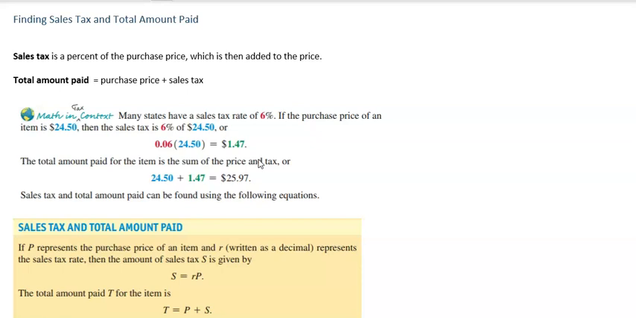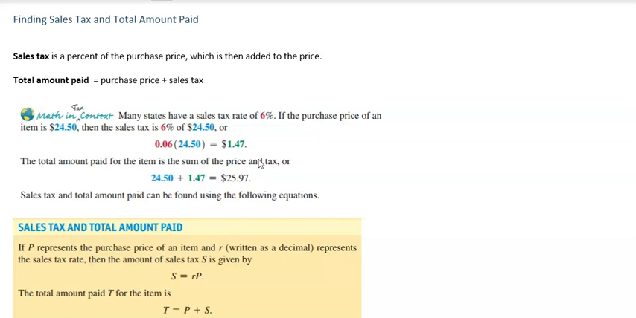And just to put this in context, many states have a sales tax rate of 6%. Vermont does too. If the purchase price of an item is $24.50 and the sales tax is 6% of $24.50, so we take 6% times $24.50 to get the sales tax of $1.47. Then to find the total purchase price, you take the sales price plus the tax, and that's what gives you